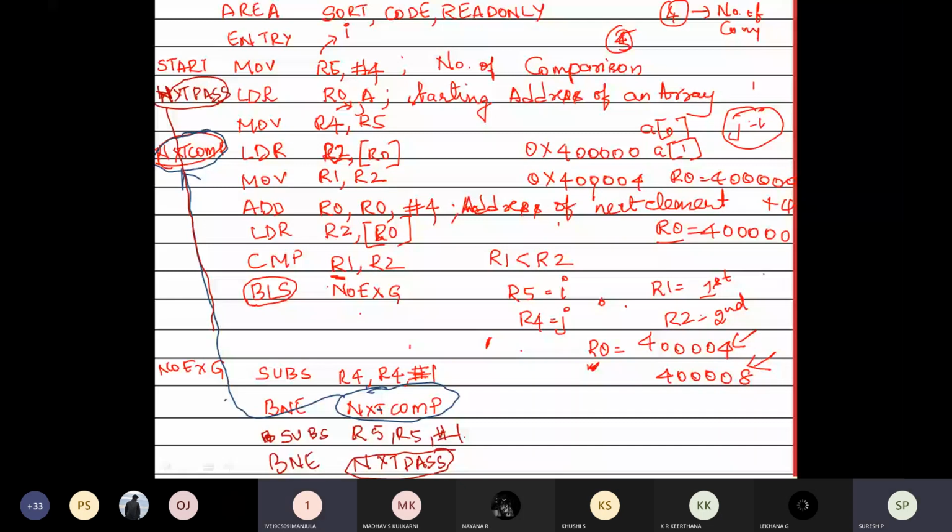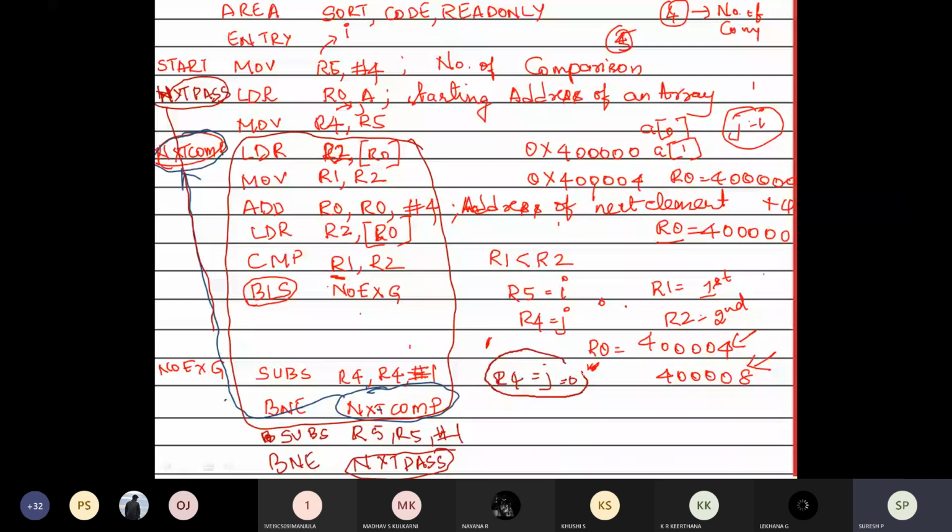Sir, once again explain the subtraction. Second one or first one? Second one. Okay. In the second one, one loop is controlled by J. This R4 is J. So till it equals 0, this particular part, which I am making the block here, will be repeating till your J becomes 0. That is nothing but R4.